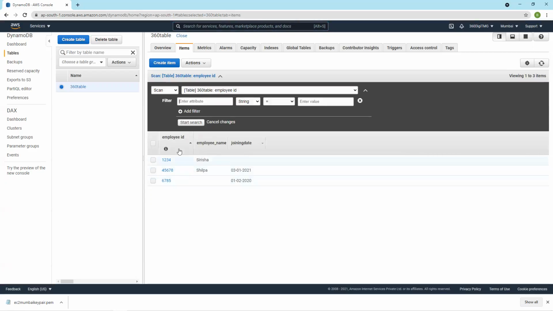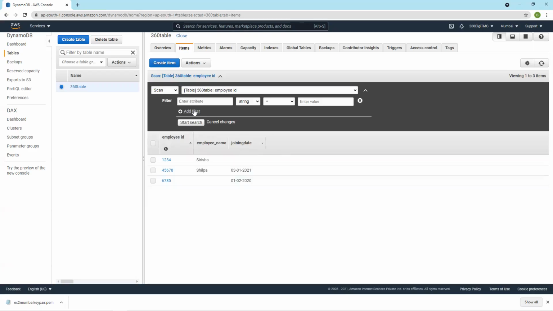It will scan the entire table, whereas query will only look into the primary key. Scan will scan all the attributes. You can add filters related to other attributes simply.